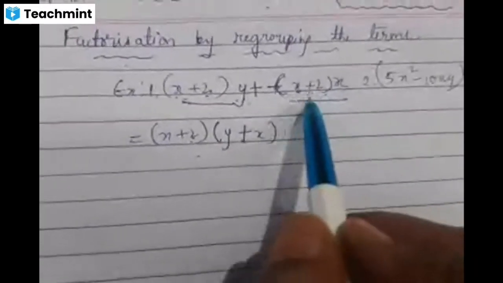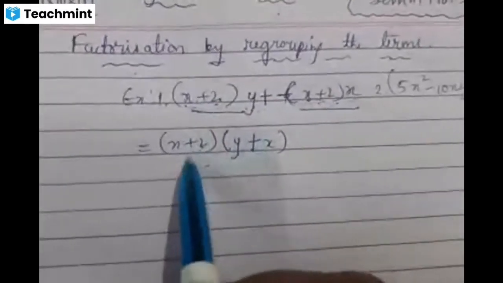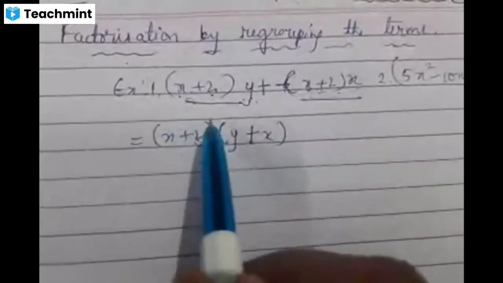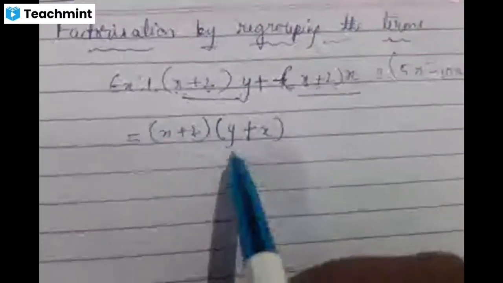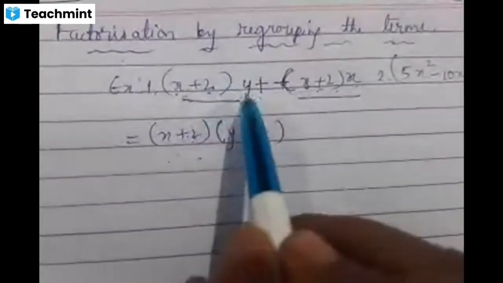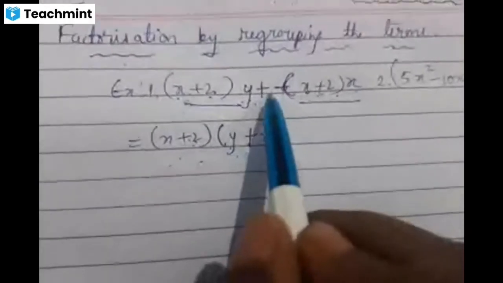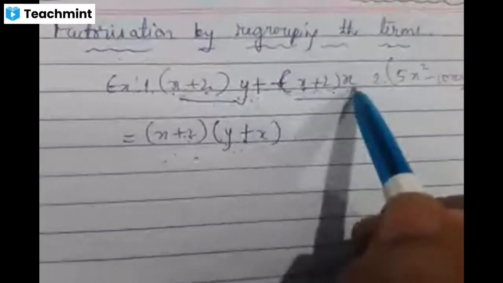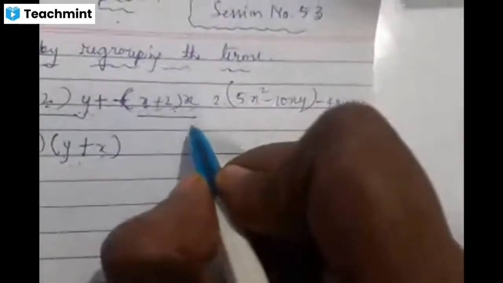So in this way, we factorize x plus 2 into y plus x plus 2 into x. Here, the binomial term is common, so it is kept outside. Again, it is binomial now, so we are using the brackets here. Inside the brackets, the first term, if x plus 2 is kept outside, y is left here, plus will be written as it is. x plus 2 is written outside again, therefore, only x is left. We write here inside the bracket plus x. Let us see one more example, children.